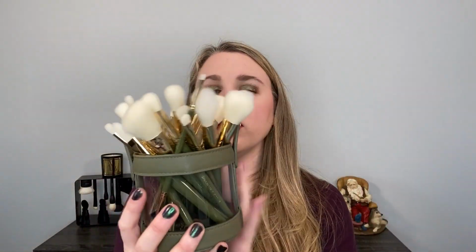I find it very functional. It's great to travel with. It snaps closed and everything. I like the concept of all of these brushes, but I have to say I don't really use them very